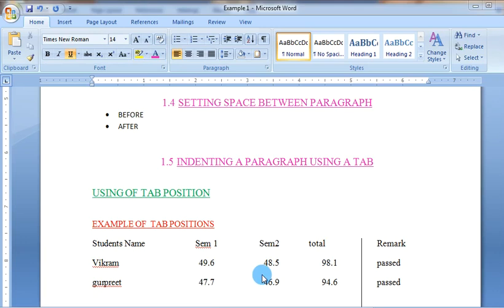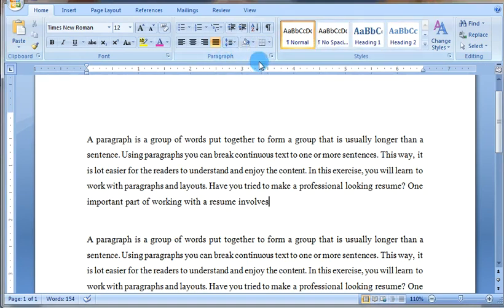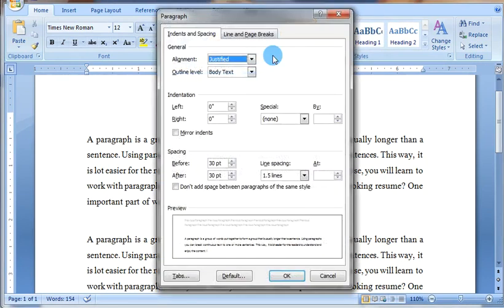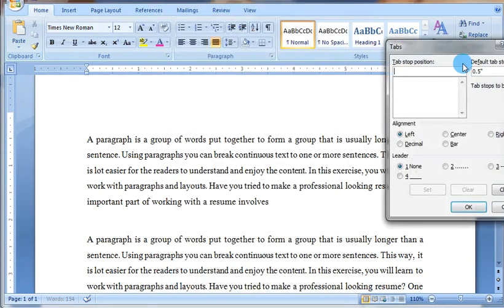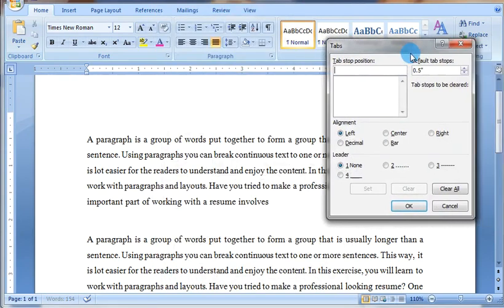To use the tab key, first we have to open the paragraph dialog box. Now click on the tab button and another dialog box appears. By default it has a 0.5 inch value.